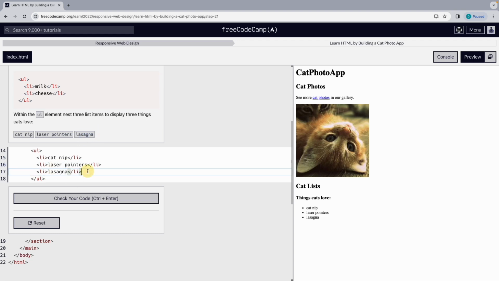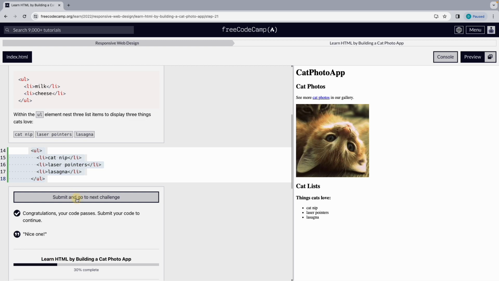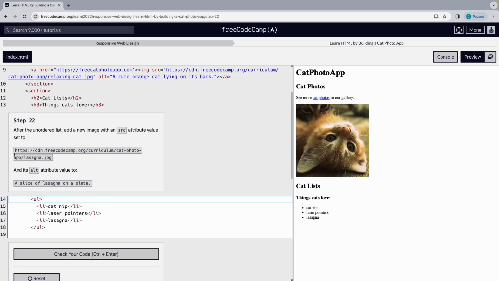There is no order to this list. That's why we call them an unordered list. So an unordered list is comprised of list items. Now we're going to add an image